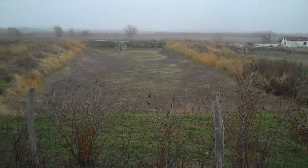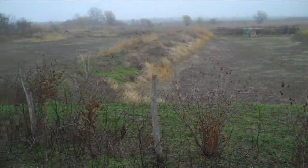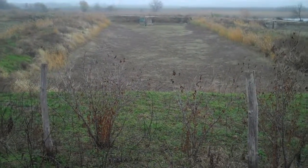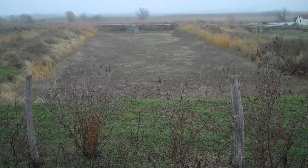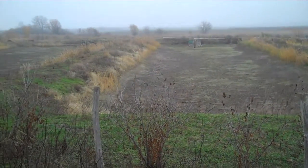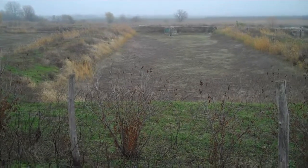These days we will take the samples from all of these 12 ponds, and the samples would be taken from the sediments here in order to check whether some cyanotoxins are